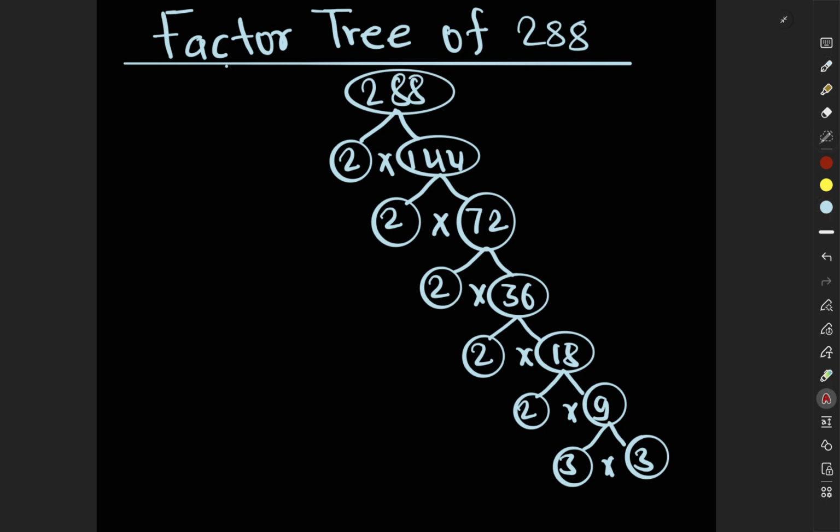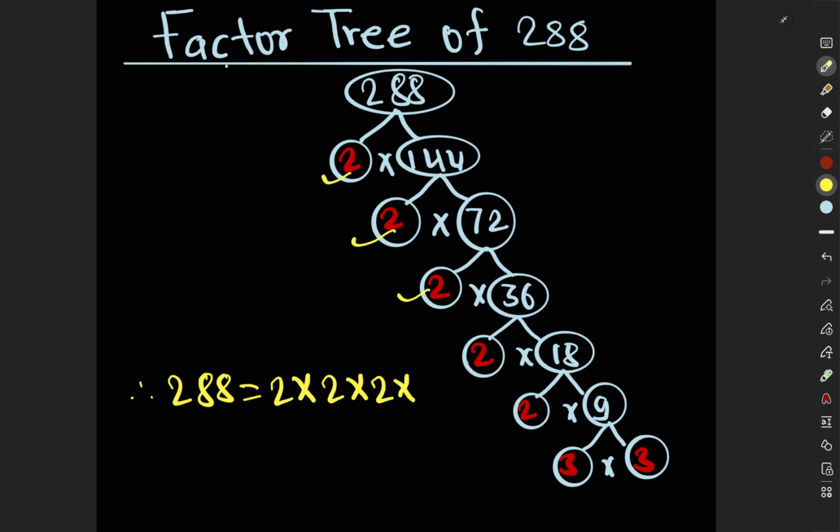So now we select the prime numbers in all these numbers. The prime numbers are 2, these all 2, and here 3. So now we can write 288 is equal to the product of all these prime numbers, that is 2 times this 2 times this 2, this 2, this 2, this 3, and this